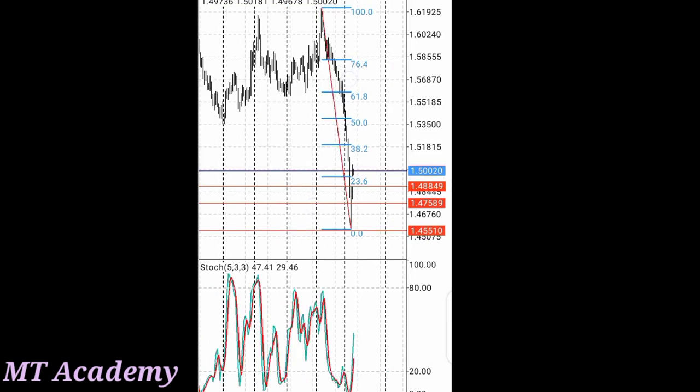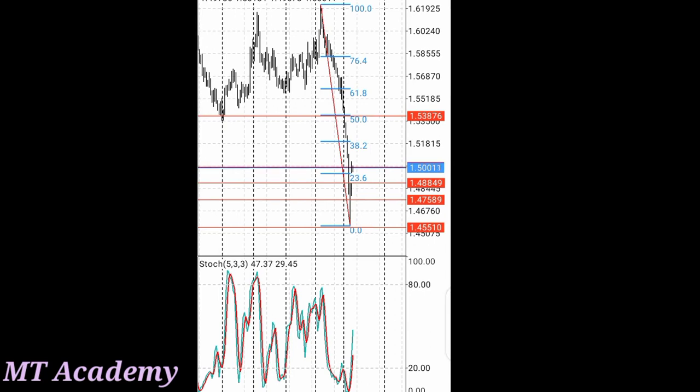So which area do I really have my resistance aligning with? This is where I have my resistance aligning with 50. This is an area of previous supports, and it has turned resistance, so it aligns with 50.0